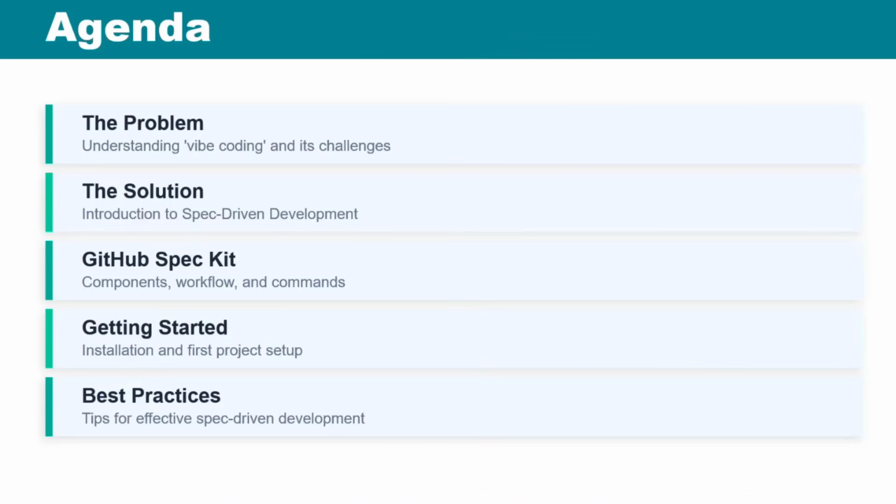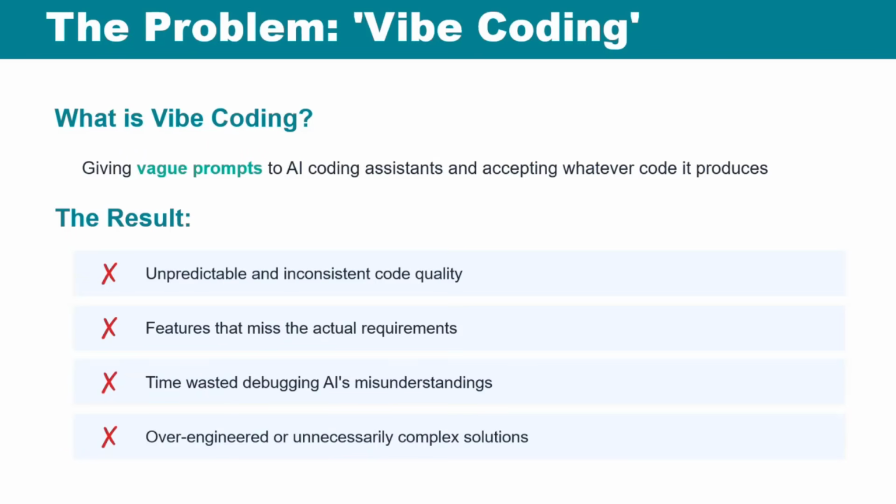So let's cover just real quickly what the agenda for this is. We're going to talk a little bit about what the general problem is with AI development, and a little bit about specification-driven development or spec-driven development. Then we'll get into Spec-Kit specifically, and GitHub's solution to approaching spec-driven development, and just do a couple of demos and talk about some best practices there at the end. So we're going to talk about the problem first.